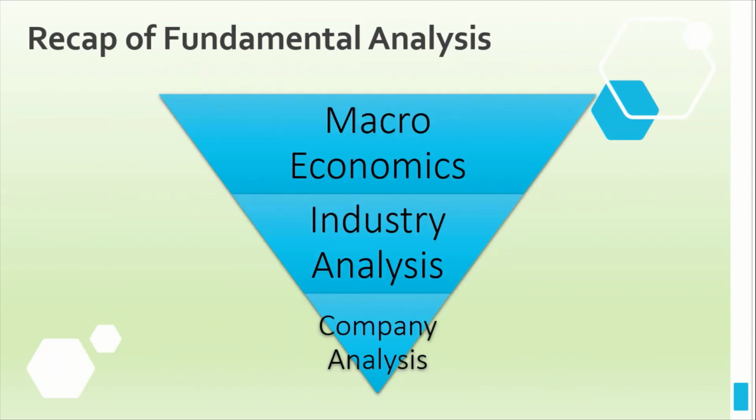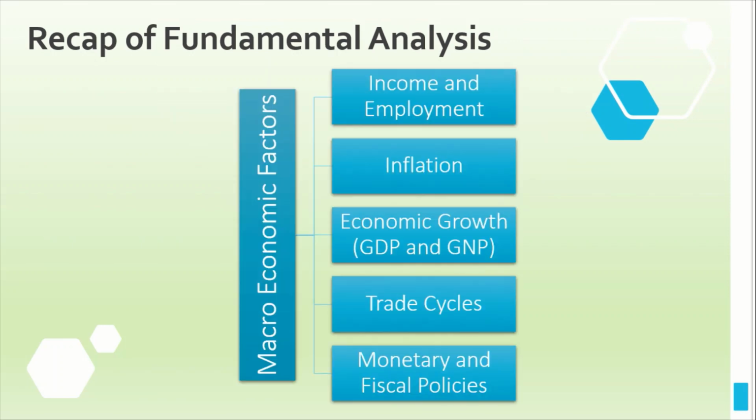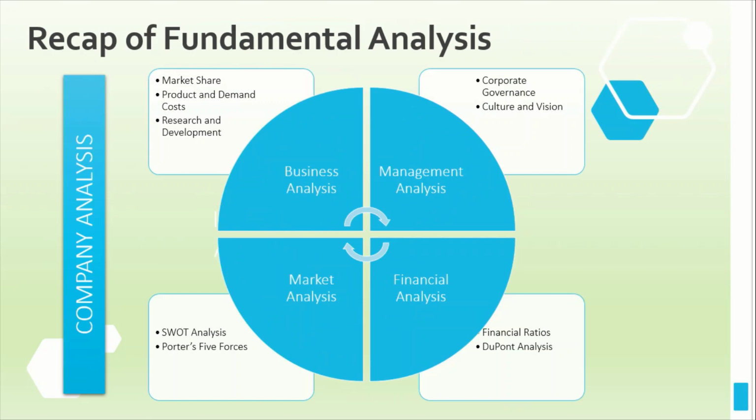As you can see, yung order ng ating fundamental analysis, it's from the bigger picture to the smallest picture. So after identifying whether the macroeconomic factors are healthy, if you can see the industry analysis or the industry is very much healthy and has a high potential, you can now go to the company analysis. So the company analysis is looking into the actual company that you would want to invest in. And so the last portion of that would be looking at the business analysis, the management analysis, the financial analysis, and of course, the market analysis of that particular company.